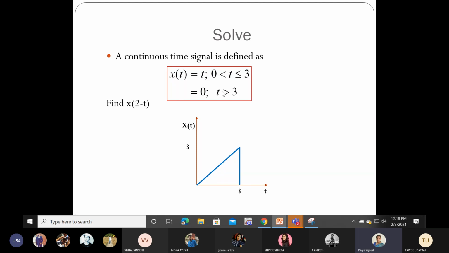Now as per the law of precedence in the mathematical operations, first you have to do all the shifting operations. Then you have to do the scaling. If any scaling process is there, the second position goes to scaling. Then at the end you do all the reflection process. So here only two operations will come. If I rewrite x of 2 minus t as x of minus t plus 2, there is a t plus 2, that is advancing of the signal, which you have to do first. Then we have minus t, that is the reflection of the signal. So let us do that.